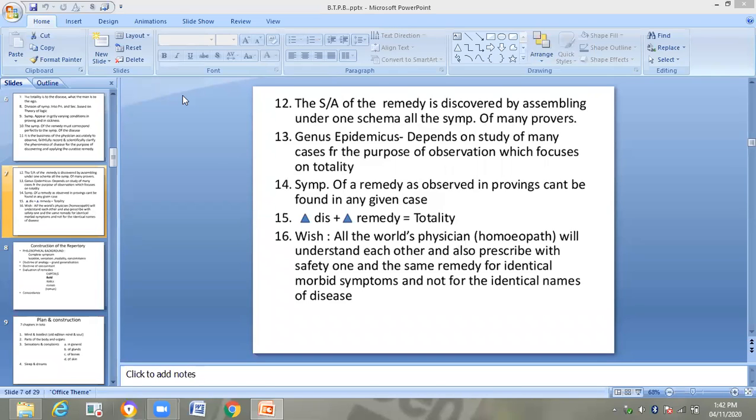He indicated five ranks by the use of different typography in his repertory, that is capital, bold, italic, Roman and Roman in parentheses. So the capital letters are according to the importance of that symptom in that remedy, how frequently we find that symptom in that remedy, and with which intensity. According to these things, Dr. Boenninghausen graded the remedies. In his repertory, he used five grades, or five types of typography, to write down the medicine. How it was written, we will discuss in the